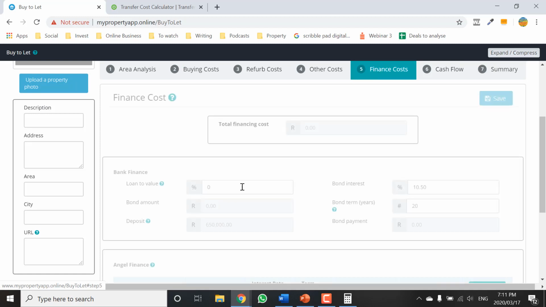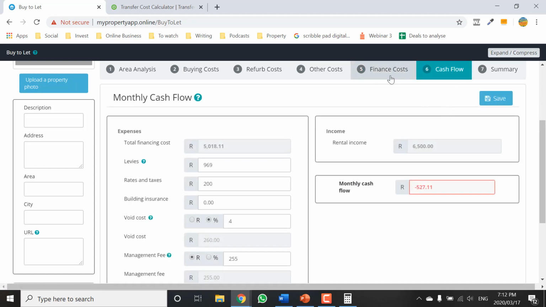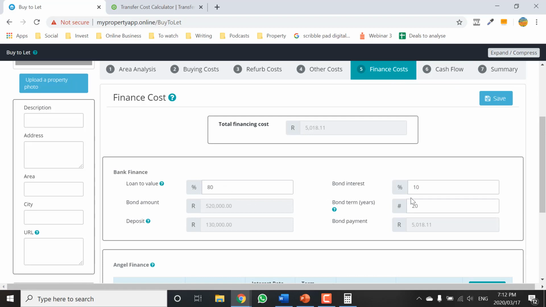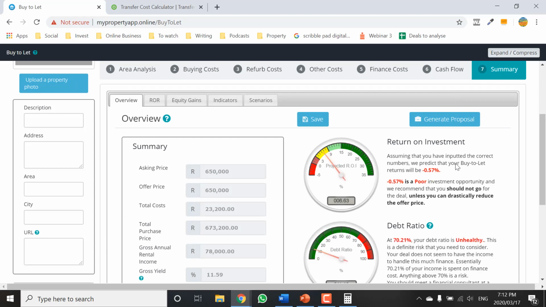So now let's go back to financing costs, and let's say you're going to get an 80% loan from the bank at a 10% interest, over a 30-year loan. Now your cash flow is negative. Unfortunately, this deal won't work with financing. You'll have to do it with your own money,